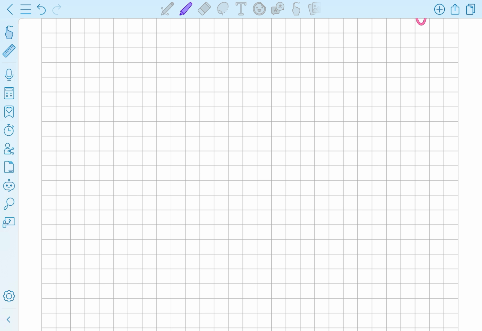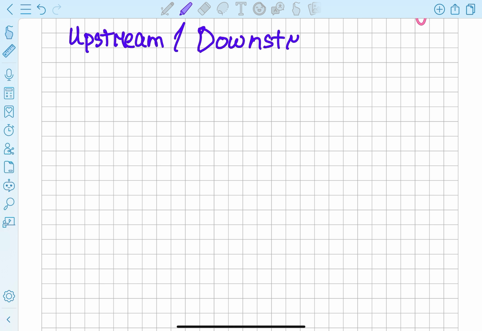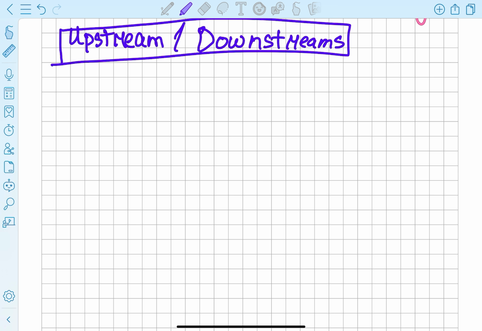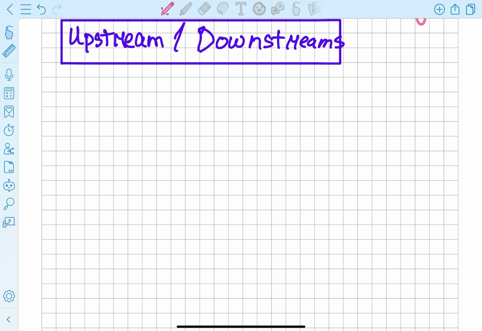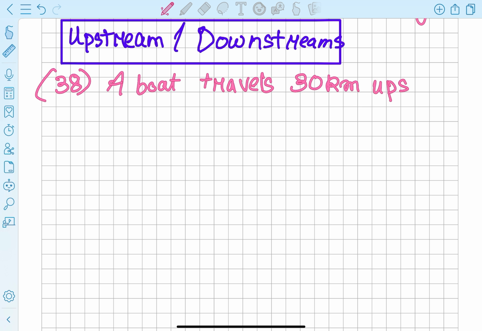Now, there is another kind of sum. What kind of sum? Upstream, downstream sums. Though these sums are not of that importance, they also come for some questions in your exam. So let's look at that. Now, let's take the question. I'll write down the question for you, and you have to tell me the answer, because I will teach you inequalities after this. A boat travels 30 kilometers upstream in a river